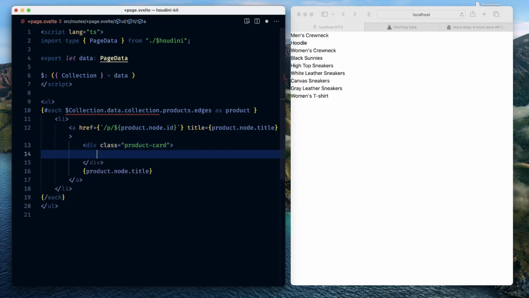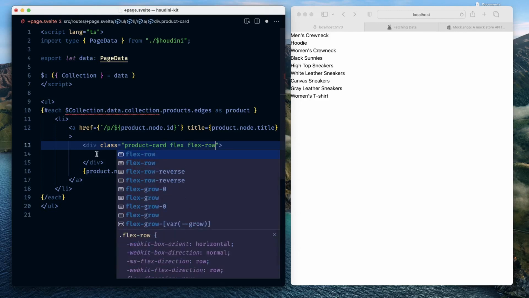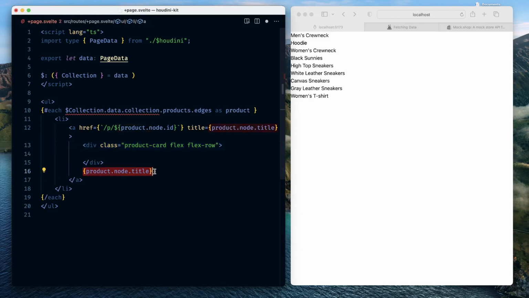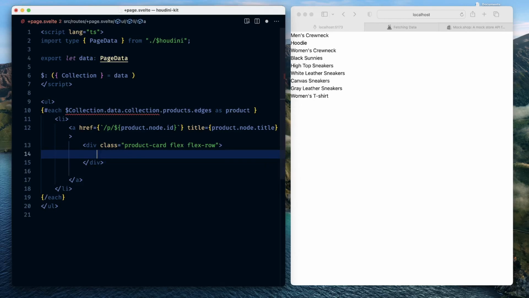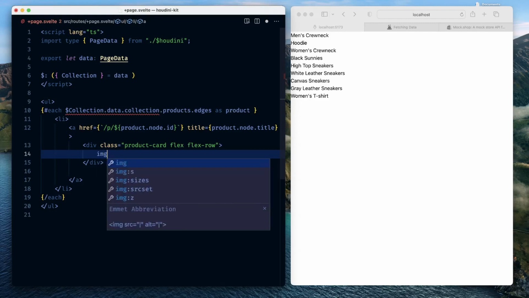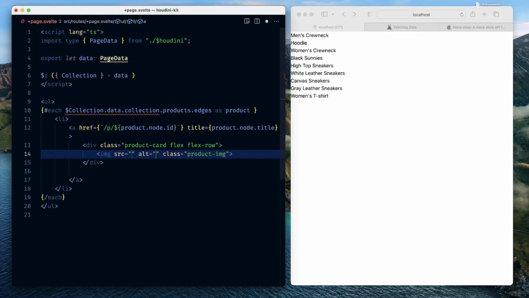card, and there let's make this a flex and a flex row. Okay, come here, product, here image, product, image, tab,